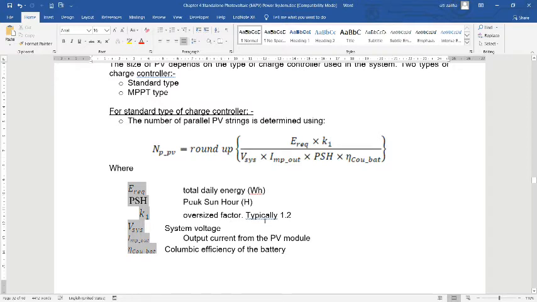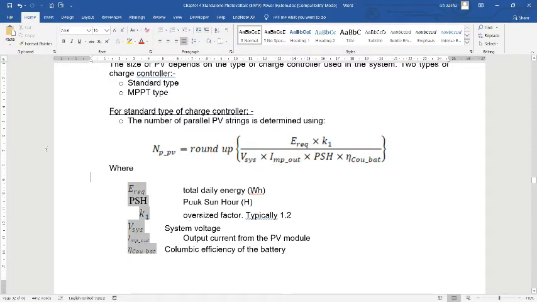Typically, we use 1.2, because we need to consider losses due to temperature, dirt, and mismatch. Then you divide by the system voltage that you chose in step number 3, and